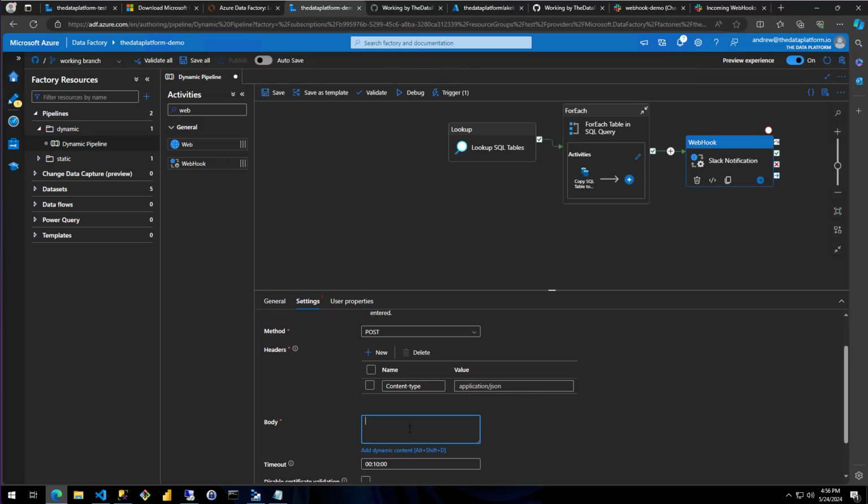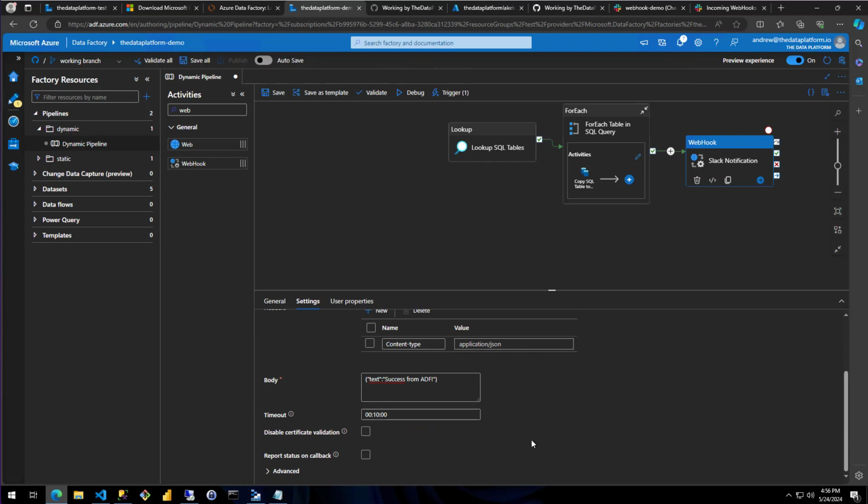And then all we really need to send to this is just text. Make sure I did that right. So it's just going to be type text, and then I'll just say success from ADF. And if we save this,